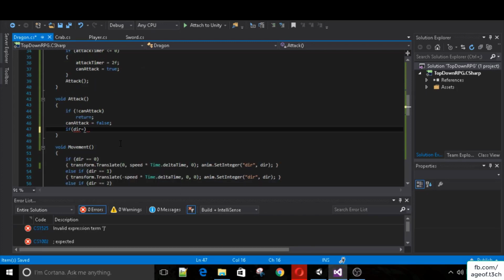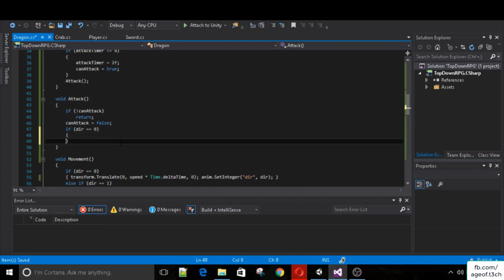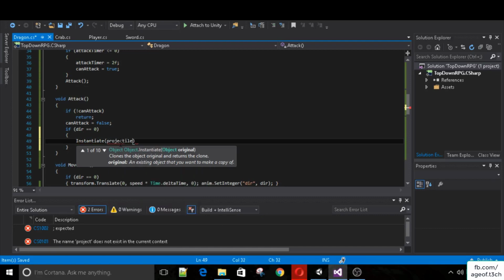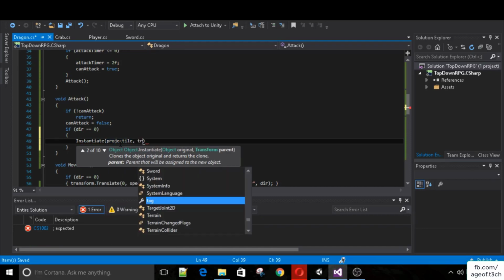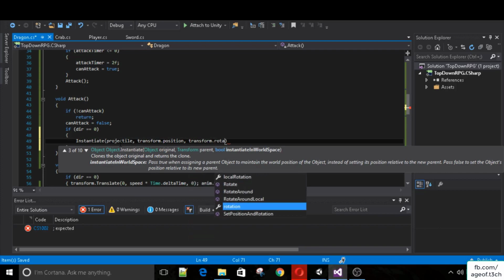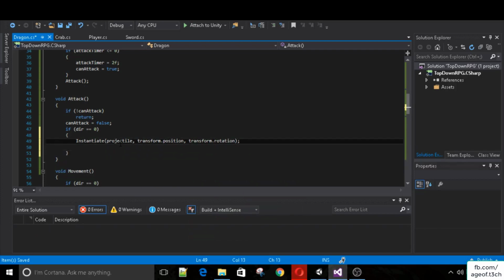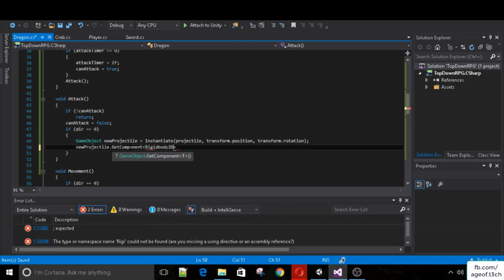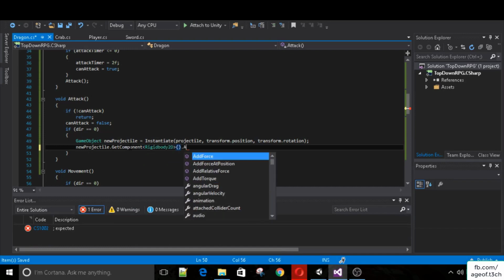So if direction is equal to 0, we will instantiate projectile, add transform.position and transform.rotation, and actually let's create a game object new projectile, so we can actually edit its rigid body, so we can add forces. So new projectile, get component, Rigidbody2D, add force,